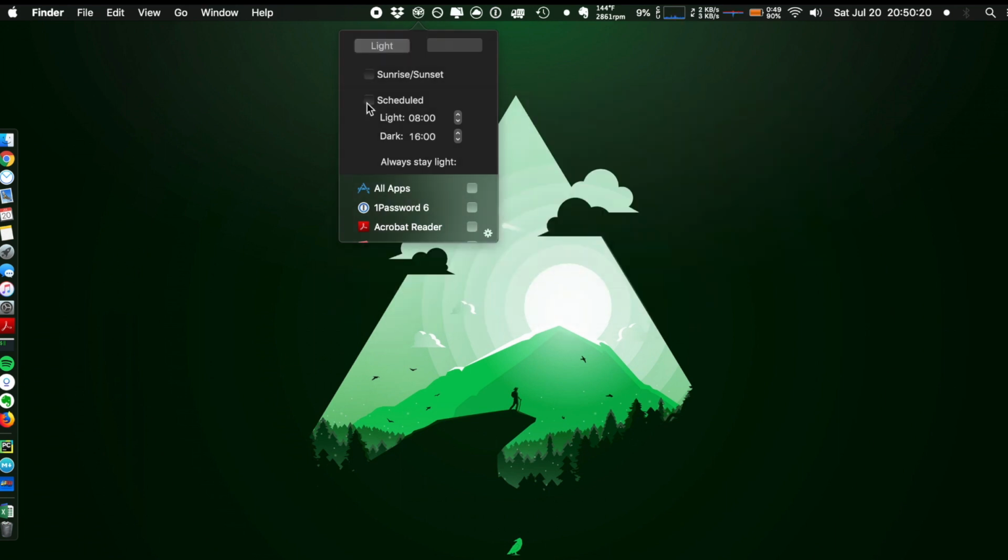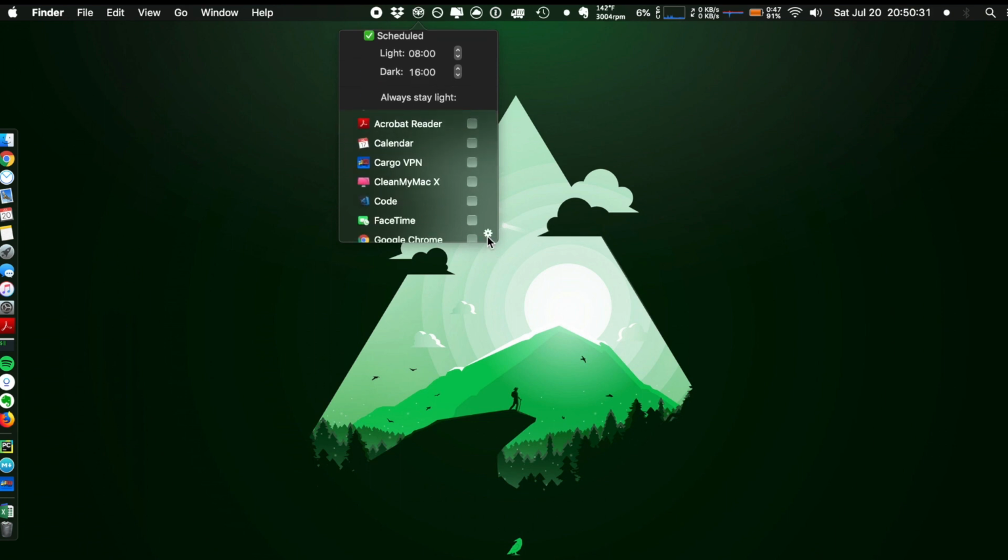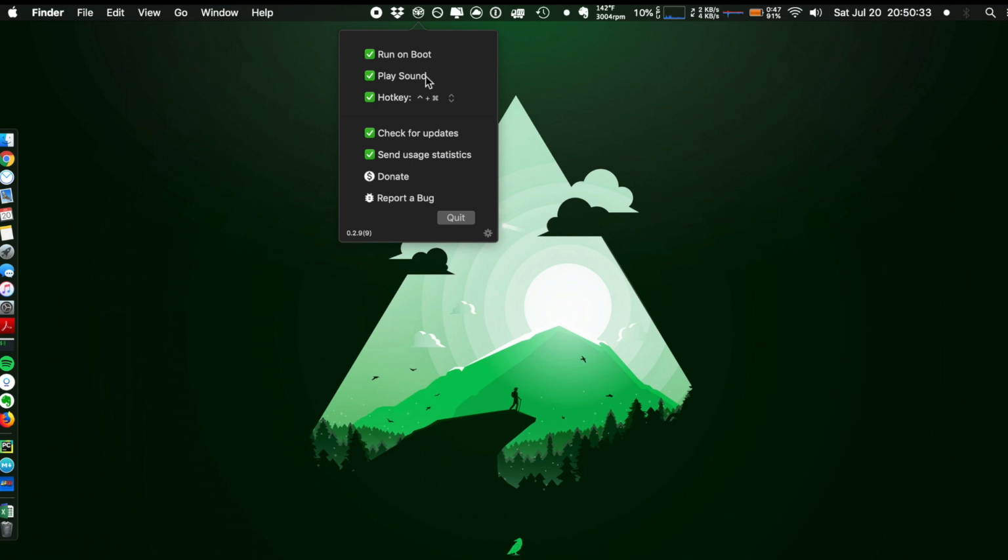But you can also have it scheduled, so you can have a certain time when you want it to turn on and turn off. I am using the 24-hour time, so that's why it says 16 is 4 o'clock. If we take a look at the preferences, you can see that this is the more in-depth menu where you can have it